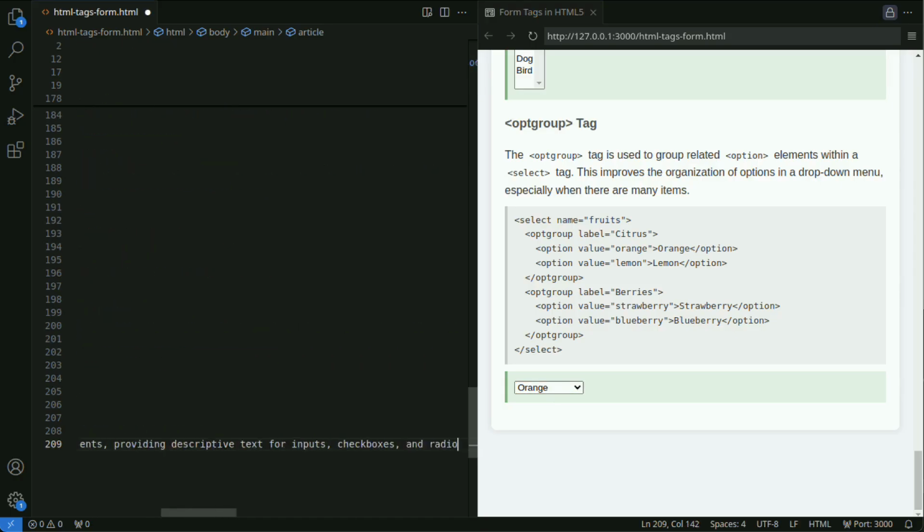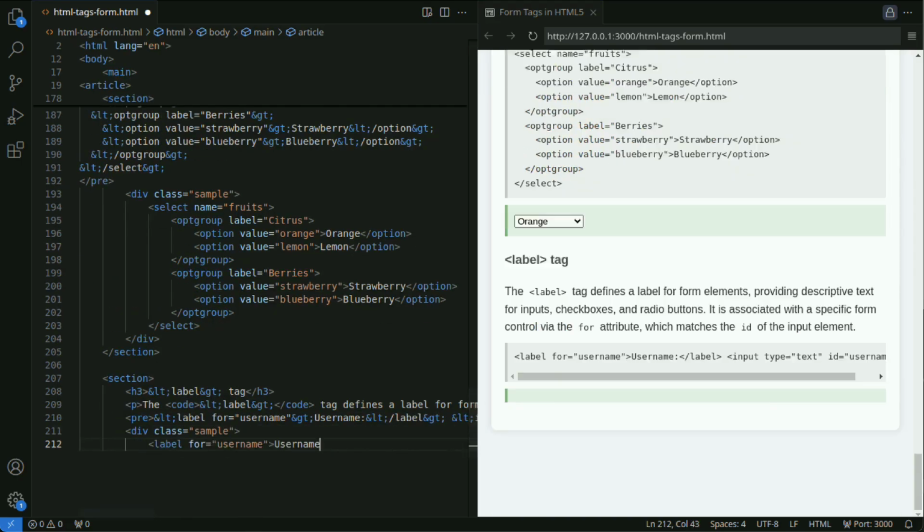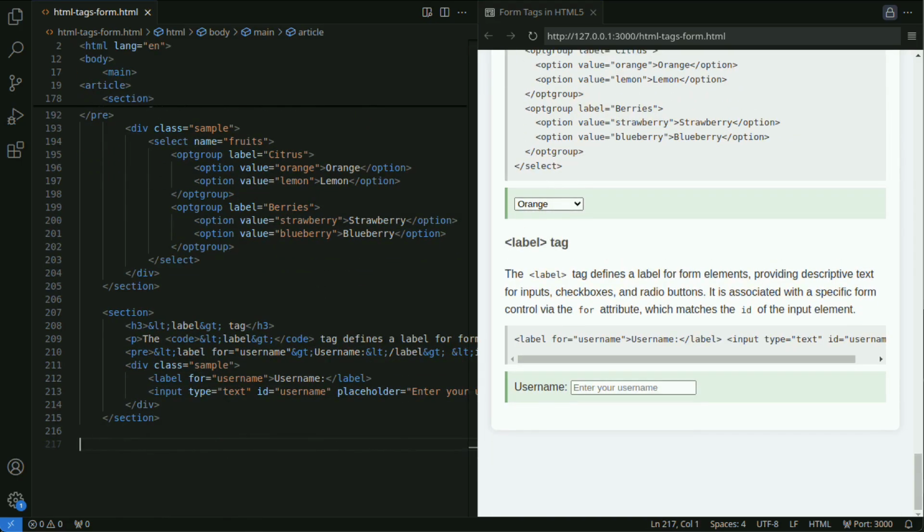Next, let's look at the label tag. The label tag defines labels for input fields, checkboxes, and radio buttons, improving usability and accessibility.